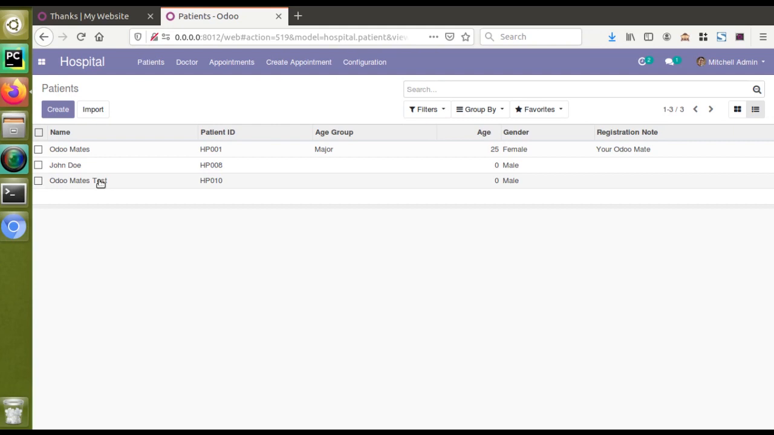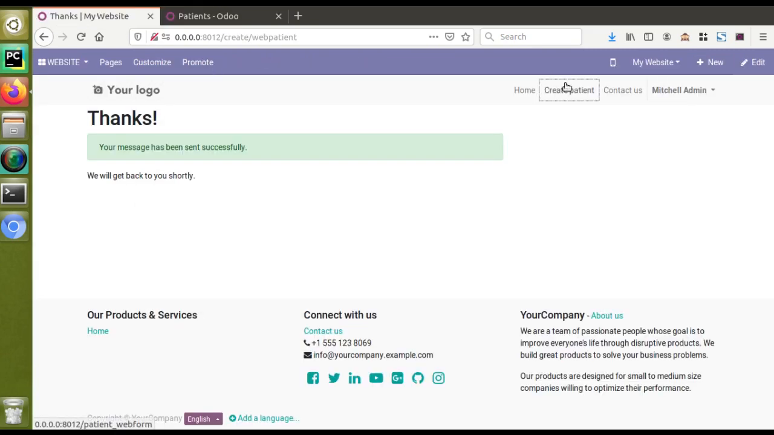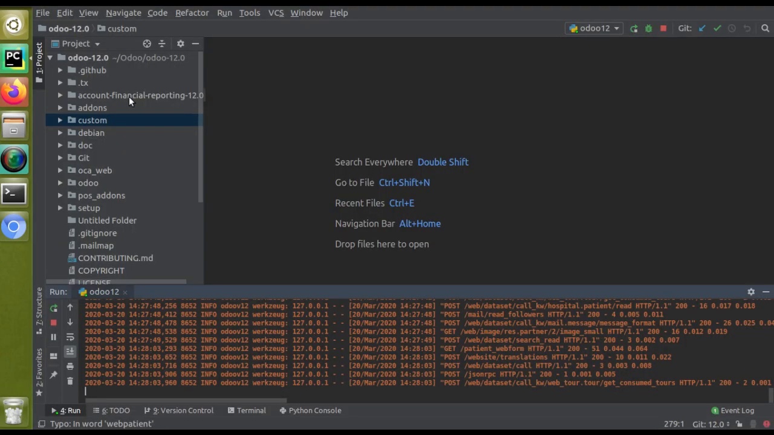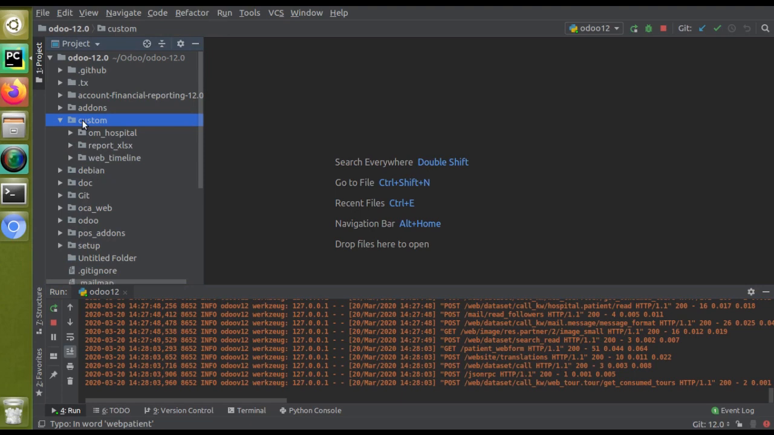So we have created a patient from the website. So let's see how we have done that. For this purpose, we have added a form here. So I'll go to PyCharm, and in the custom add-ons folder, so this is the custom add-ons folder where